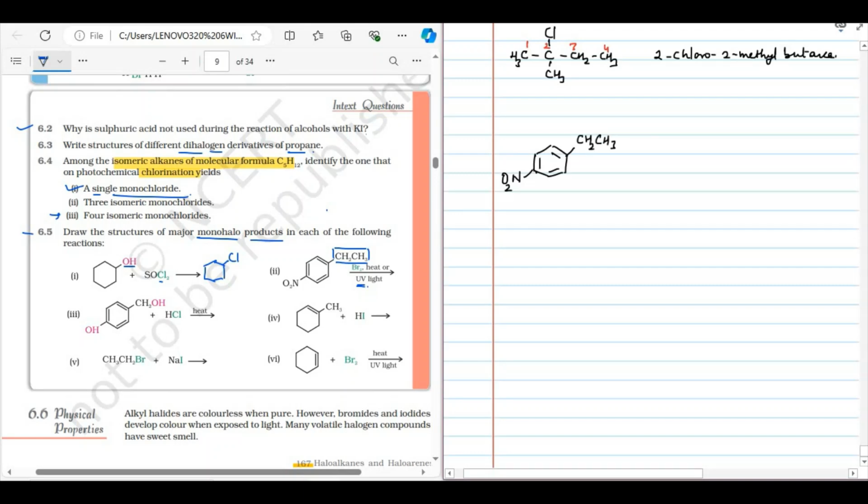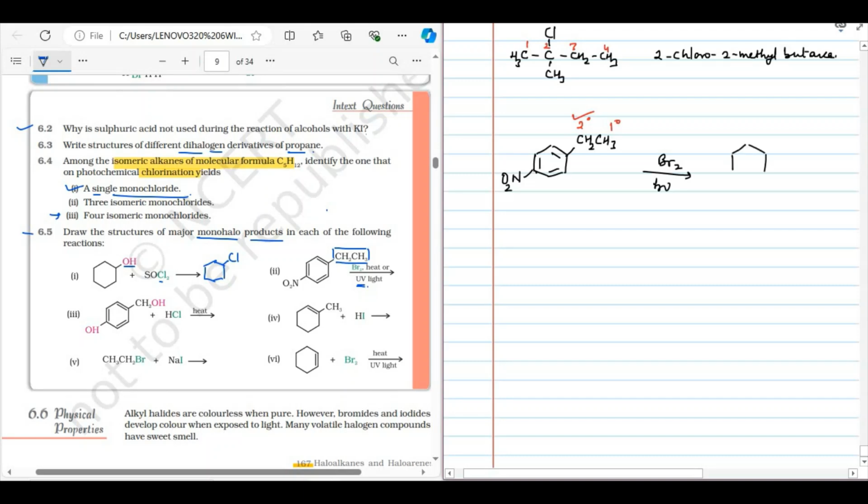So here there are two types of hydrogen. One is the primary hydrogen and another one is the secondary hydrogen. So this hydrogen is primary hydrogen and this hydrogen is secondary hydrogen. Whenever the reaction takes place, secondary hydrogen will be replaced by the halogen. So as a result, when it reacts with Br2 in presence of hν, you will get the